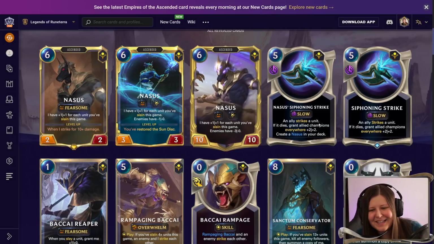It says an ally strikes a unit. Unfortunately, the Nexus does not count because that would be insane for 5 mana. It's slow. If it dies, grant allied champions everywhere +2/2. So you're granting,